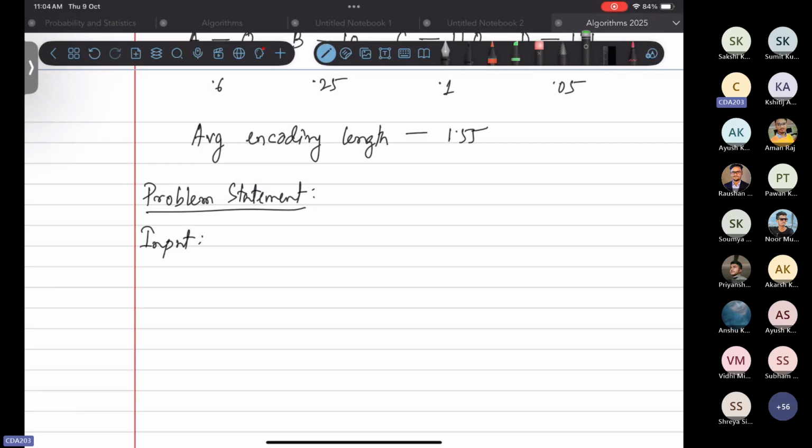By relevant information, I mean I know what letters are used in it, that is, I know the alphabet and the frequencies of those symbols from the alphabet. So the input is non-negative frequencies,